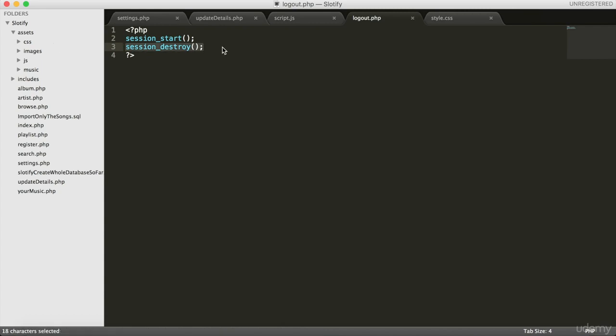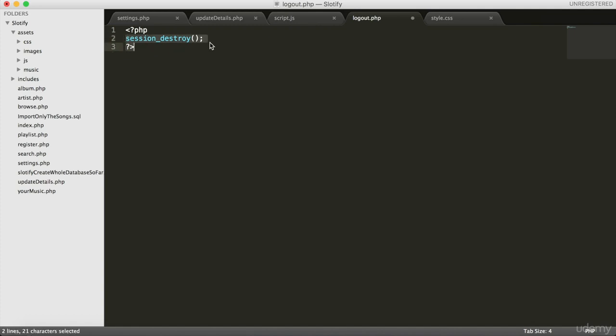Because you might not remember, I said it way back when we did the sign up process and the actual login functionality of the site. session_destroy is how we log out. We essentially stop the session, because sessions are how we're keeping track of whether they're logged in or not. And you might be wondering, why do we need this session_start? Why can't it just be session_destroy on its own? And the reason is, if we don't add this session_start, there's nothing for it to destroy